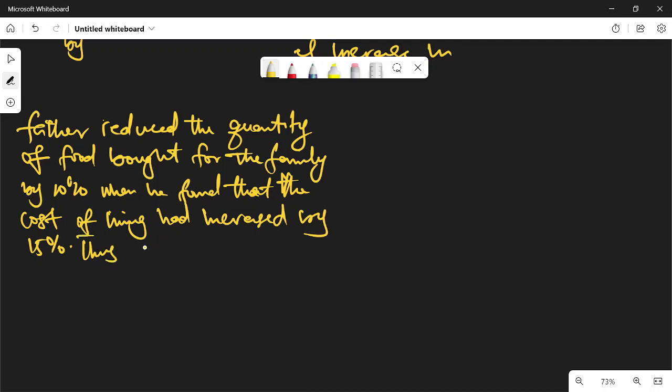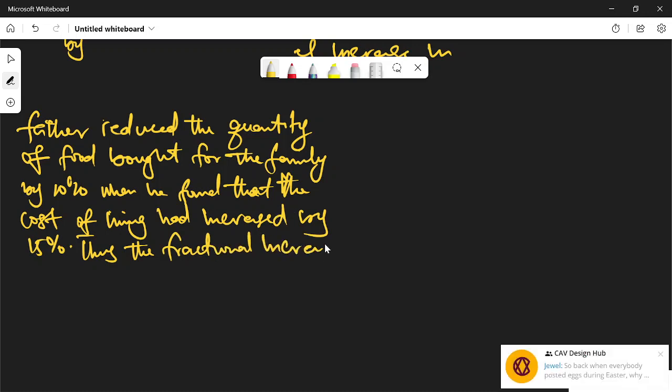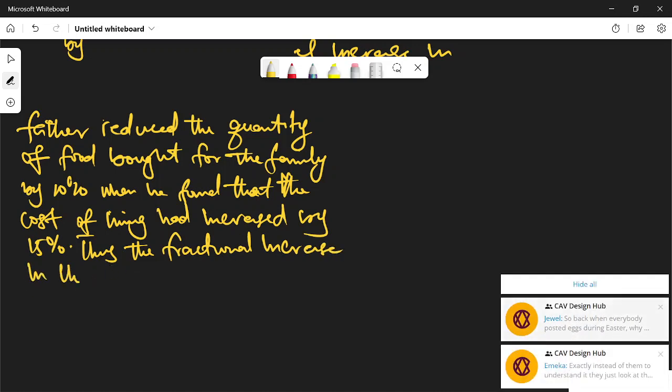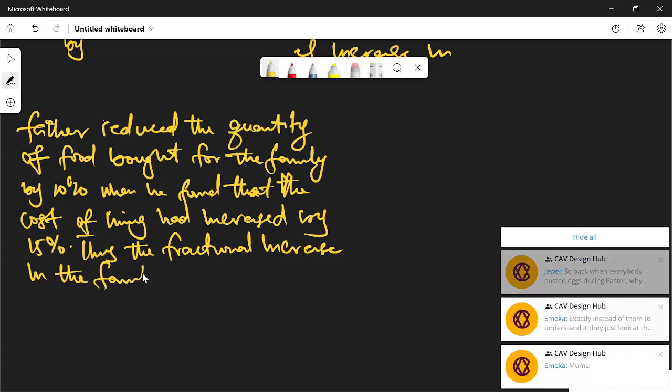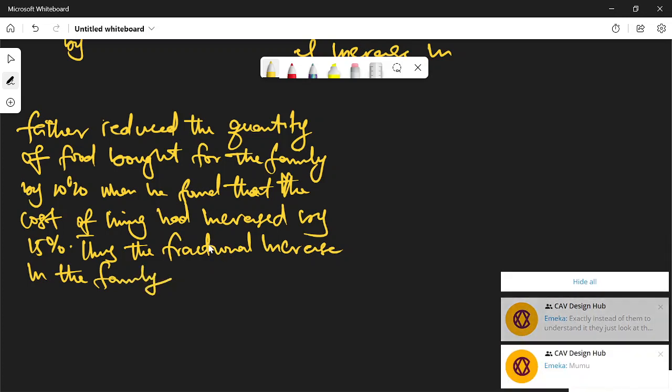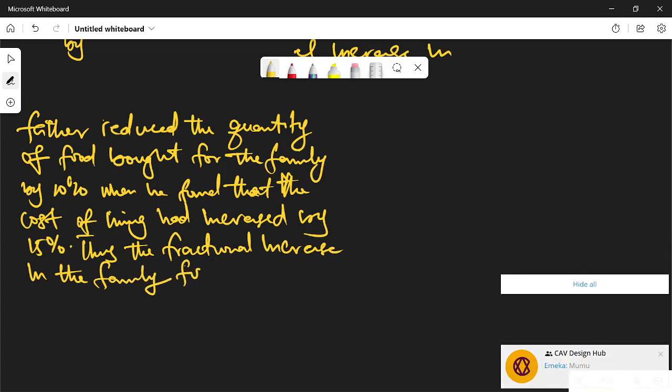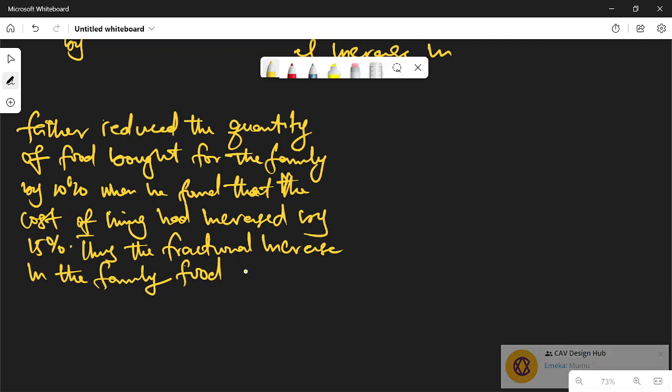Thus, the fractional increase in the family food bill is now